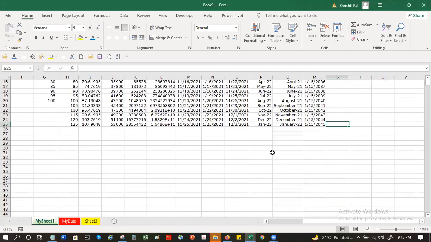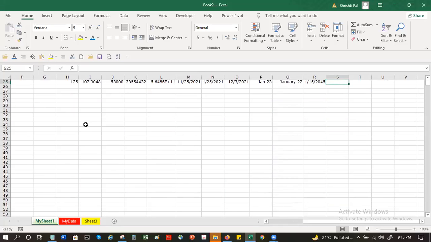Now, let me show you something else. Some quick ways to do things. Suppose I have north, south, east, west. These four values, I want to copy in these next four or five rows. So what will I do? I will copy this, paste it, copy this, paste it. Is there any other way?